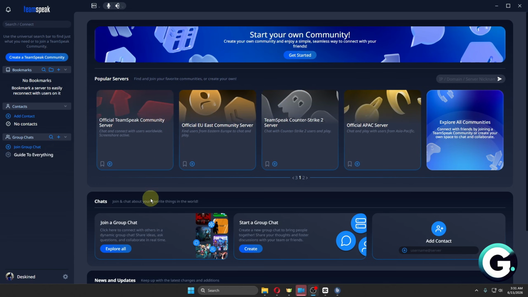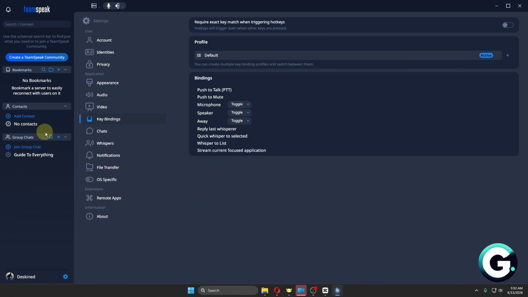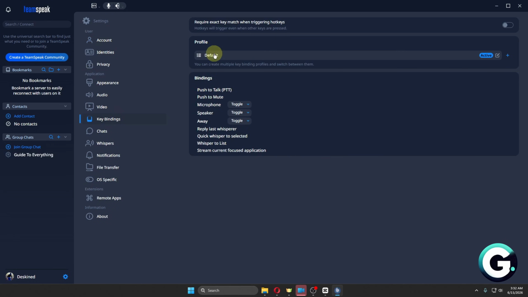The first thing that you want to do is to just open up the actual application right here, and once inside, navigate through the user name. In here you want to click on the gear icon, which will actually take us to the settings of our account. Now you want to navigate through the application settings, click on the key bindings, and in here you have